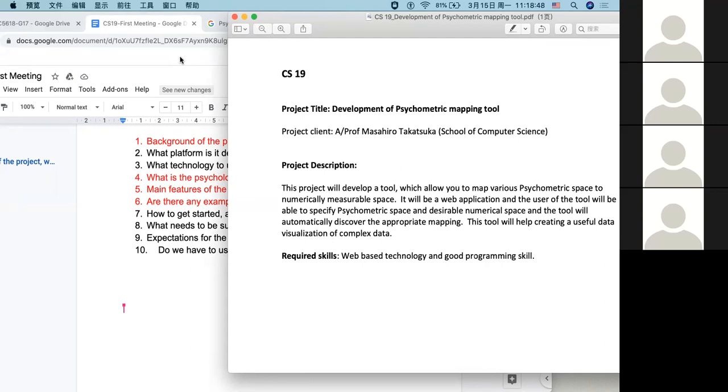Can we have a first meeting? And before that meeting, I would do my background study as much as I can. If there are any terms or phrases I don't understand in this very short description, I'll do my background literature survey first. I'll do my homework before I meet a client the first time. Wouldn't you do that? Sorry, it's not a problem. I deliberately made this project description very, very short.